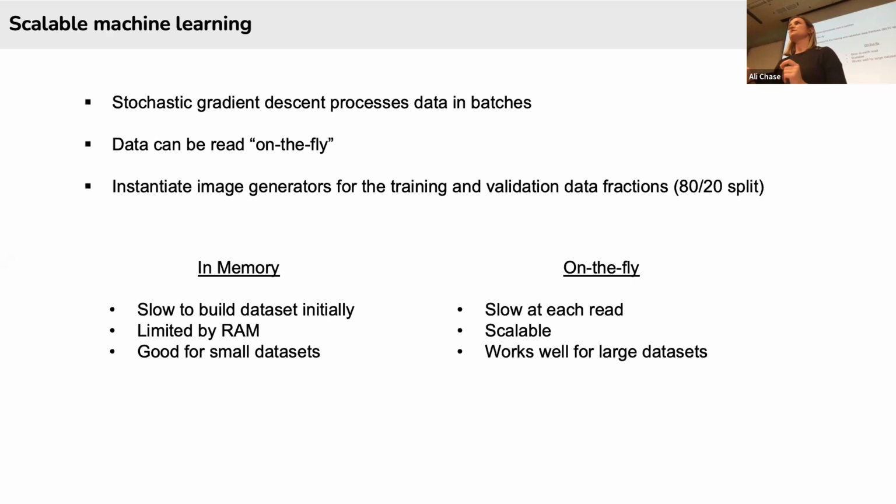that's when they're pre-processed. So this refers to the reading in and the preparation of each image to be ready for the deep learning network. This is scalable and useful because it doesn't matter how many images you have, you're not going to be limited by RAM. It's sort of accessing them on the fly. It can be slower at each read compared to reading in everything at once, pre-processing, and then you have your array ready to go. But on the other hand, it works really well for large data sets.